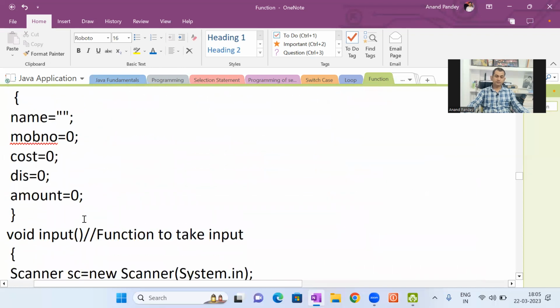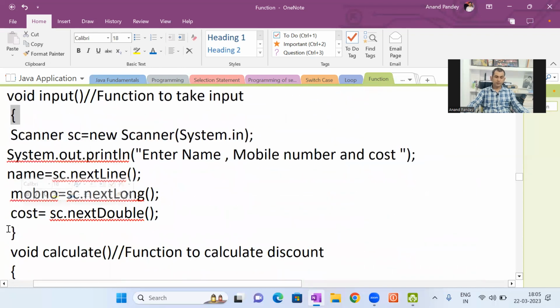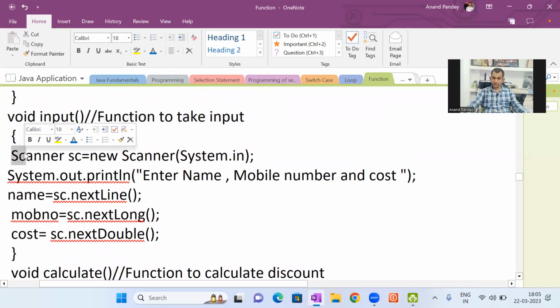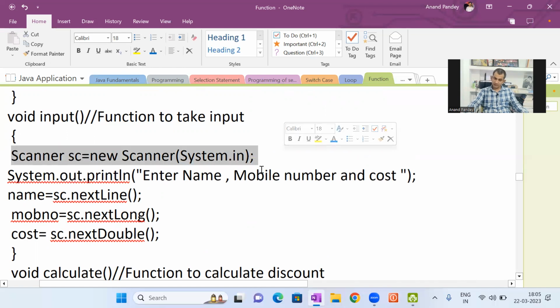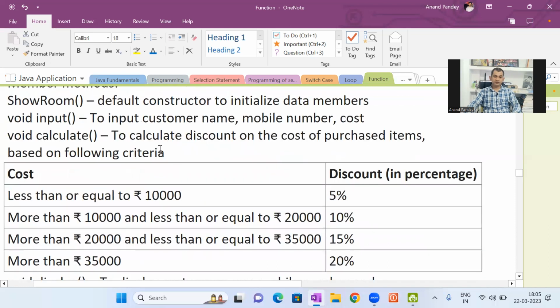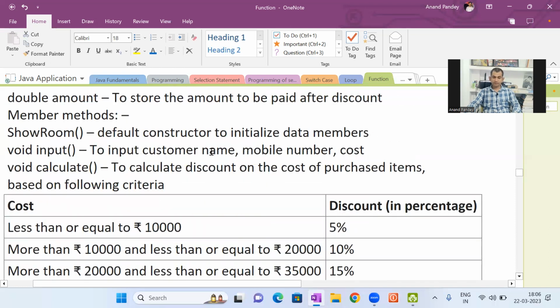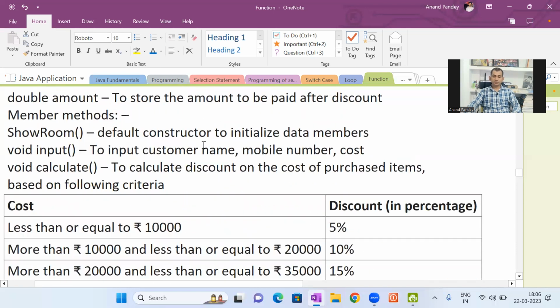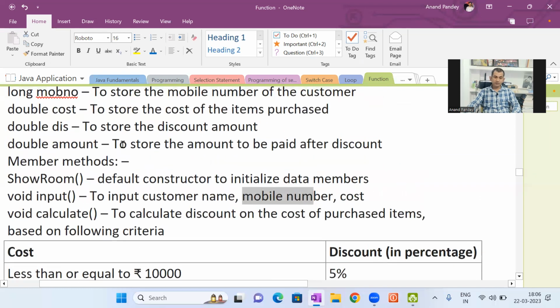So void input is here. Void input opened, void input closed. Such comments you can write; you are supposed to write such comments for each and every function. As you know, for input we require the object of the Scanner class, so here we have created the object of Scanner class. Then what to take as input? Read the description. To input customer name, the data member for customer name is name. For mobile number, the data member is mobileno,